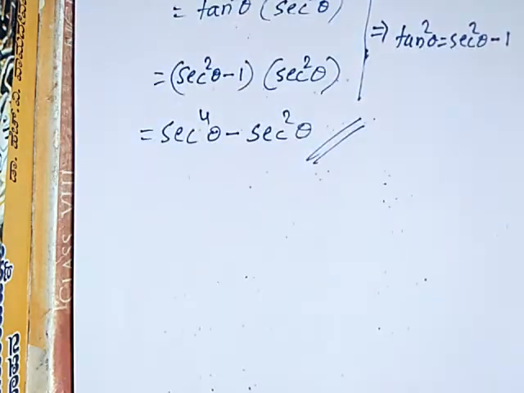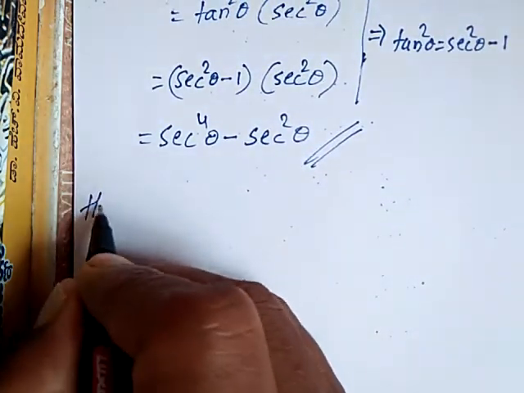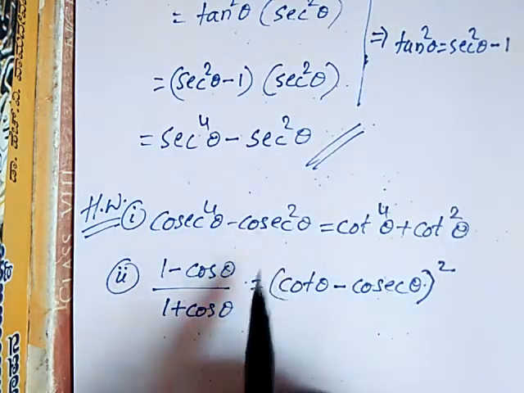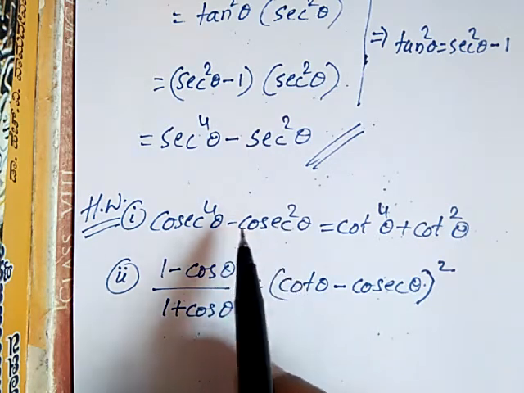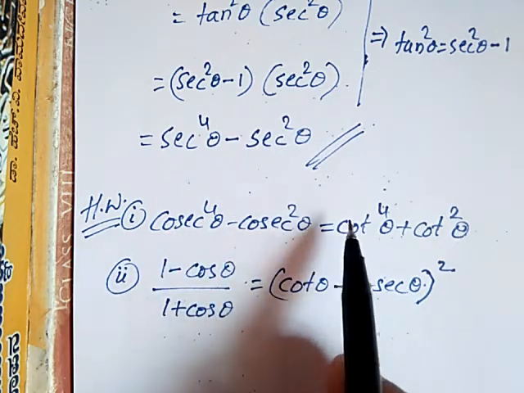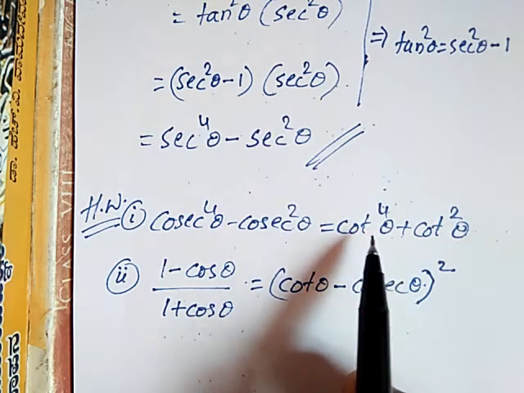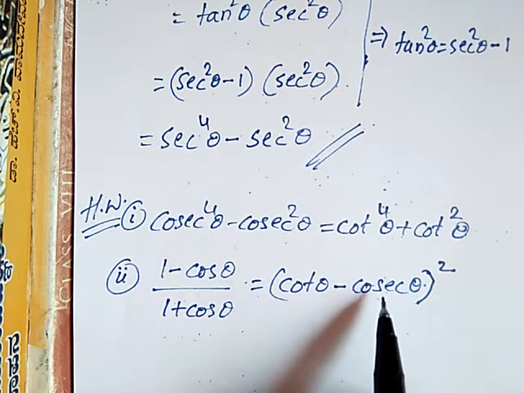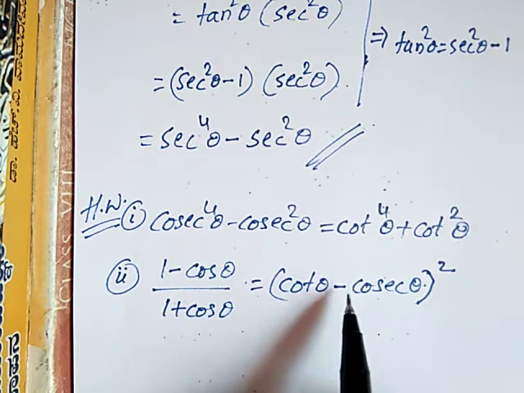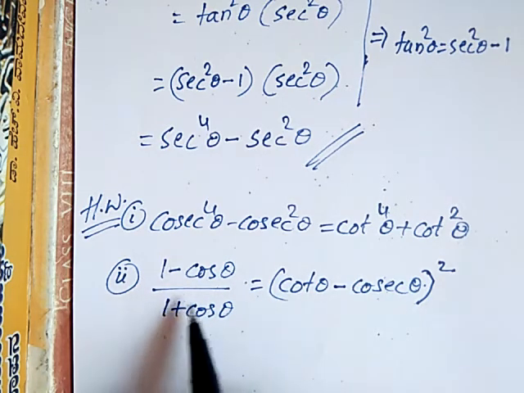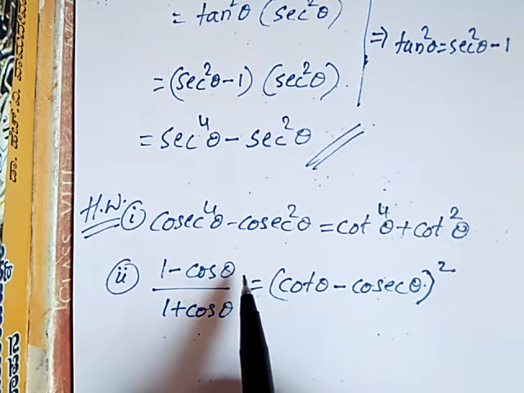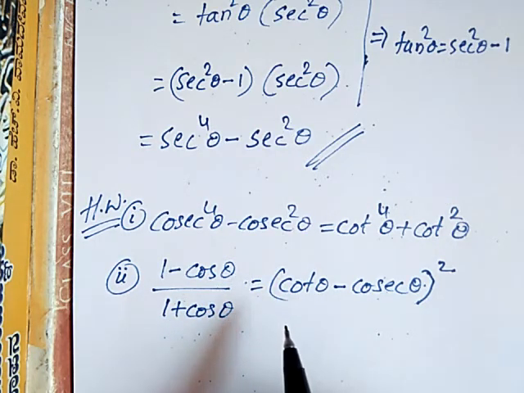So you can have homework also. Here you can have homework. These two problems you can solve. Okay, so like here you take cosec theta common, and 1 plus cot square theta is equal to cosecant square theta, that you can write. Here also, cos theta can be written as cos theta by sin theta, and cosec theta can be written as 1 by sin theta. Like that, if you take the LCM and so on, you will get this one, or you rationalize this one. The denominator 1 plus cos theta, multiply and divide by 1 minus cos theta, you will get the answer.